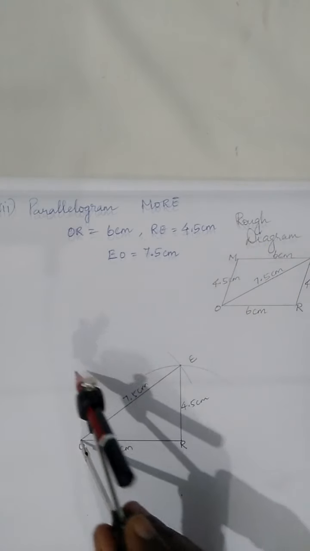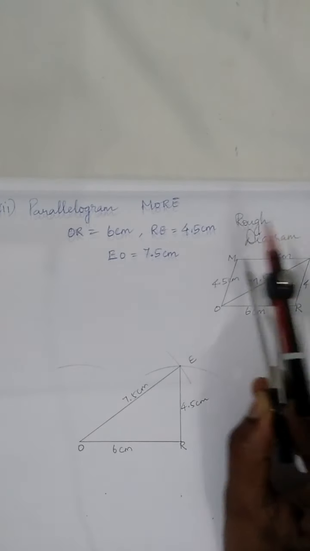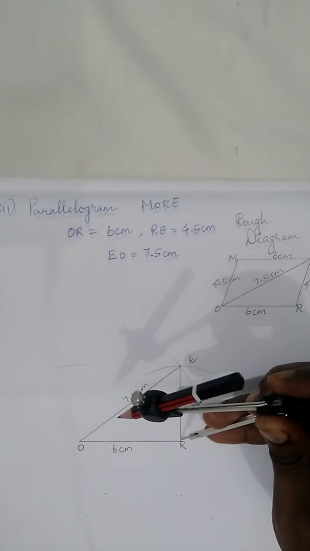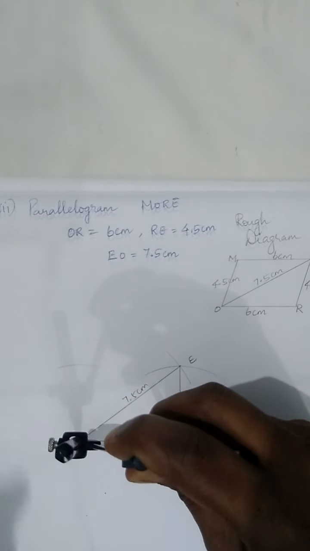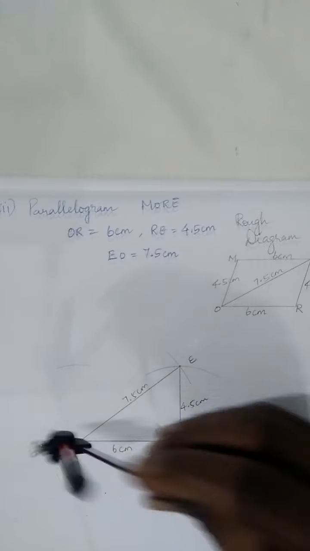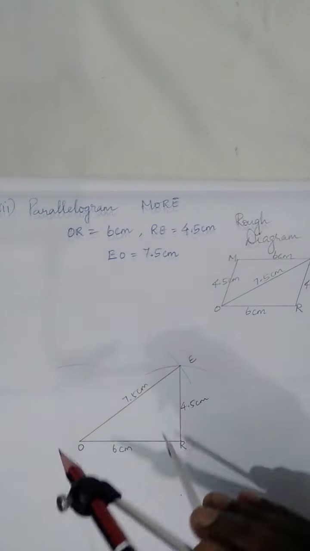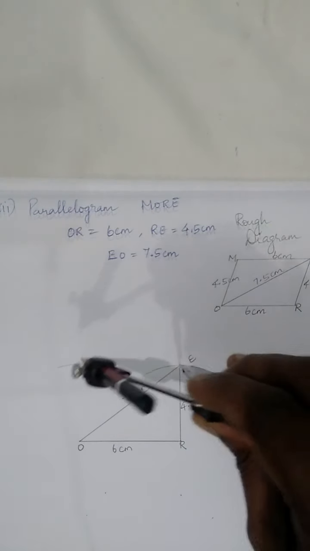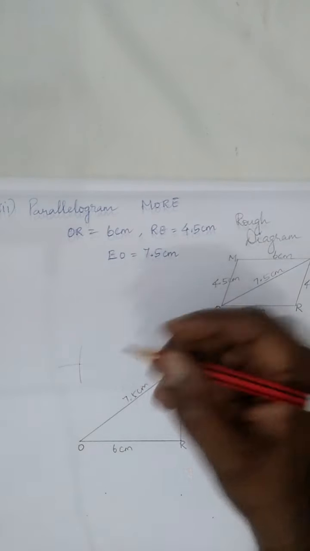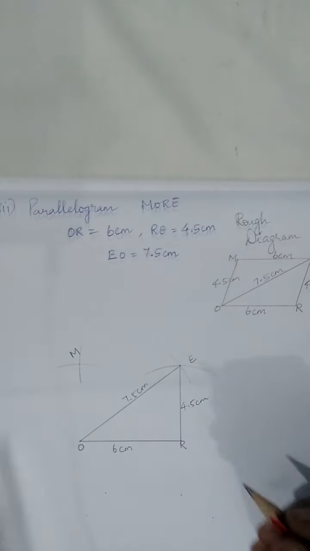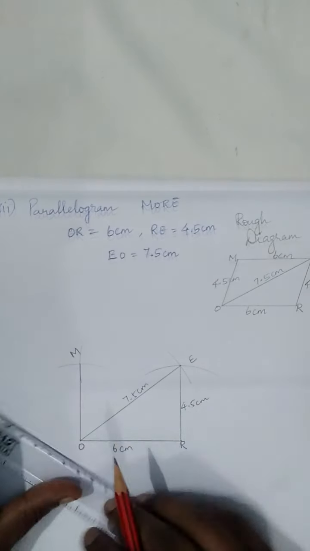So from O you make 4.5 centimeter one arc. From O you finished. Then from E how much should you take? 6 centimeter. So again from here you can take, because opposite sides are equal in length. OR is 6 centimeter, same as EM. So from E you should make 6 centimeter. Just measure this one, and from E you make another arc here. So now you received one more intersecting point here. Then let's name this vertex M. Then join M and O.